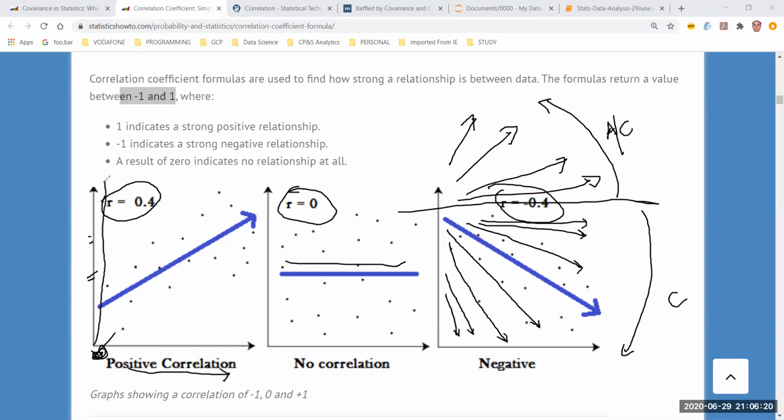So a value of 1 will be something like this. It will always increase. Infinitely, there will be an increase, or there can be an infinite decrease in the other direction. Rare to rare case, you will never find such kind of a thing, but you may find out values which are closer to, let's say, 0.9. Okay, let's say you find that the correlation of some x and y is closer to 0.9, or some x and y closer to 0, or minus 0.89. Okay. In this case, you can clearly say there is a very strong positive correlation and very strong negative correlation in this case between the variables x and y.